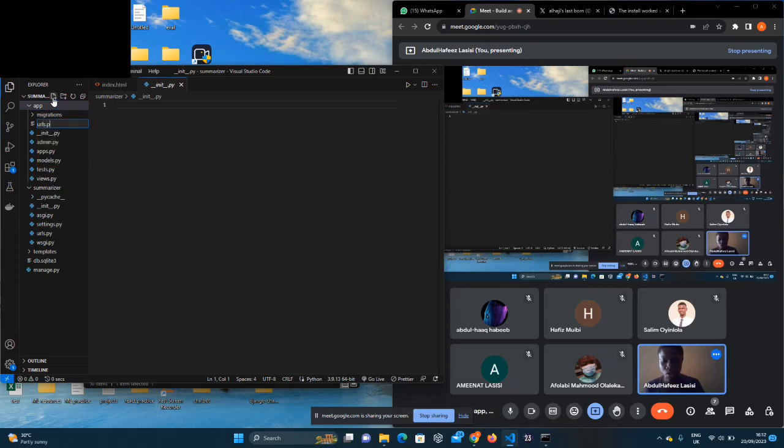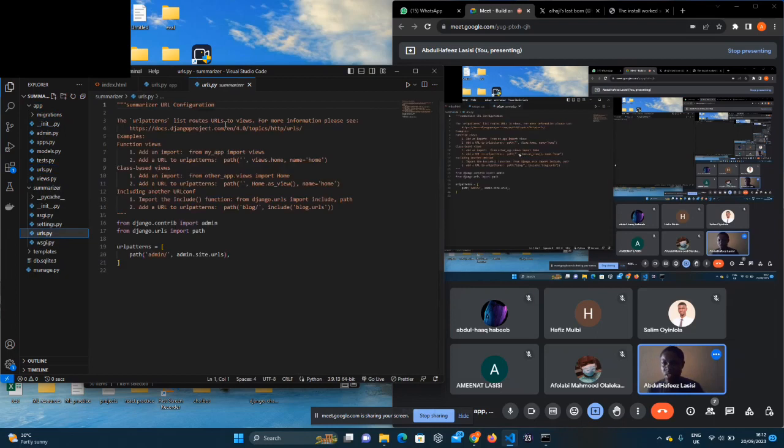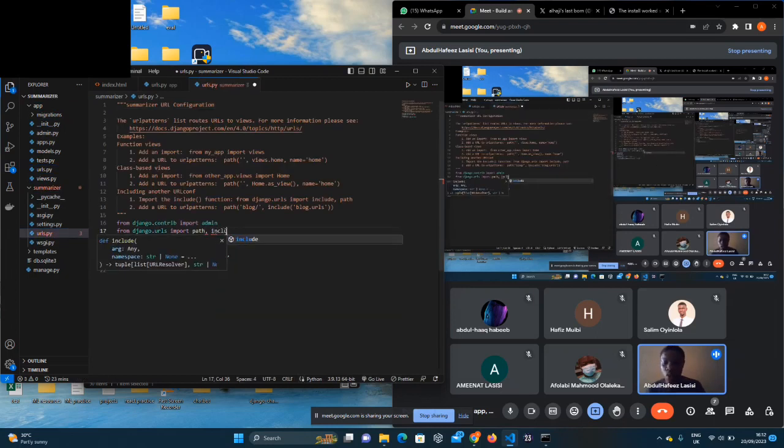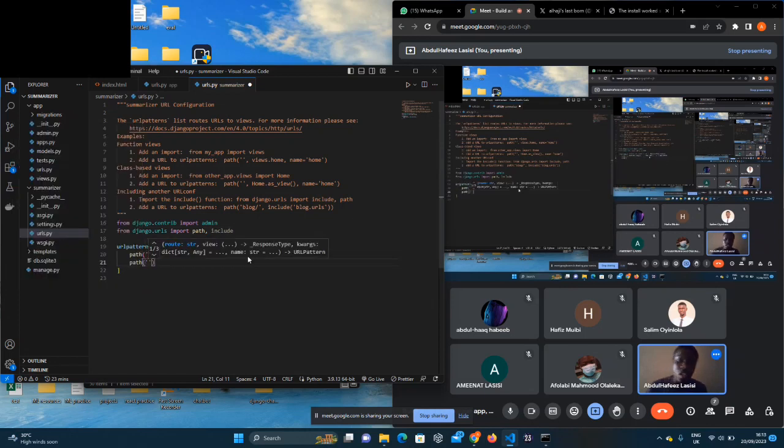urls.py. So here, it's urls.py. Now I'll include the second one. This second one that I just created, I will include it here. So here is path, and these empty quotes